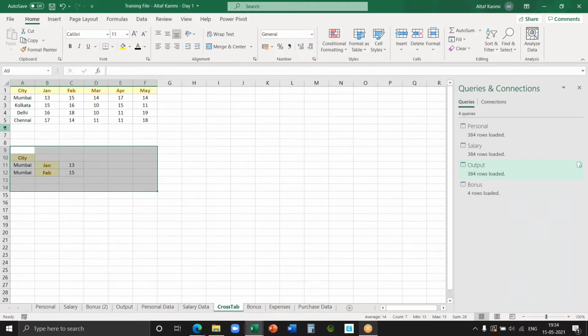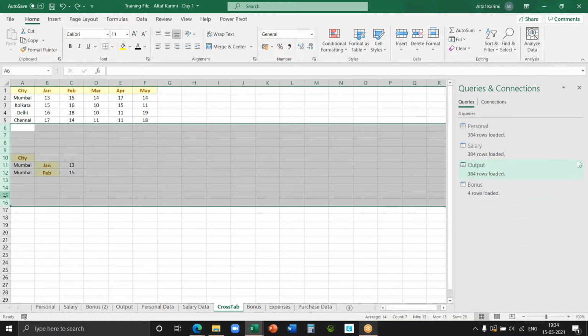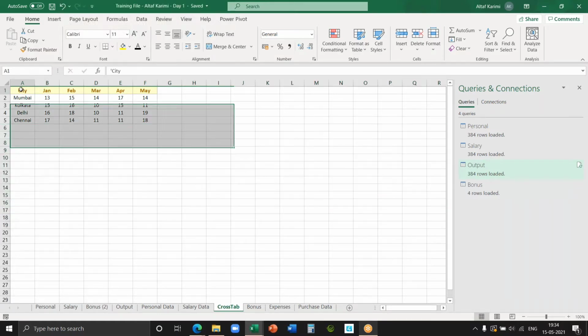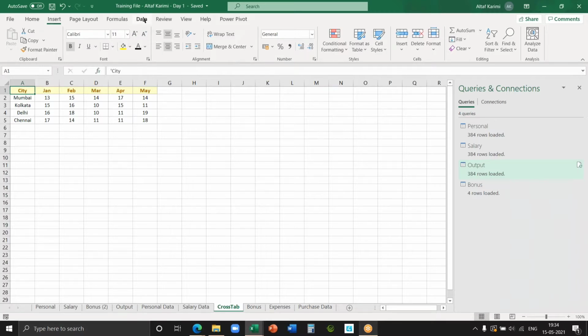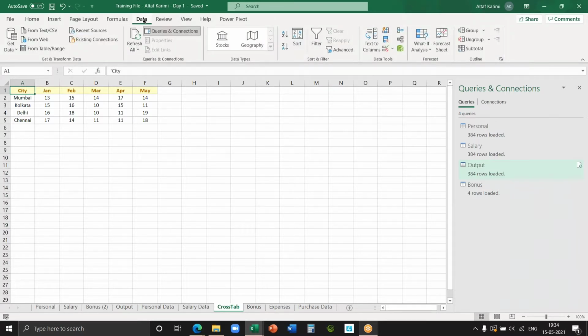And by the way, don't keep any unwanted data when you're working with Power Query. Be with me. Yeah, so this time you all have to do it with me, guys. Go to the cross tab sheet, keep the cursor in A1. If you do it with me, you get the result, you will feel confident. Okay, now click on the data tab. And if you don't have Power Query because you don't have the latest version, which I mentioned, two versions, you can download it and it becomes an add-in. You can install it. All the instructions are there.